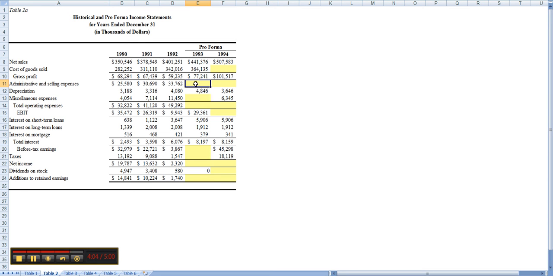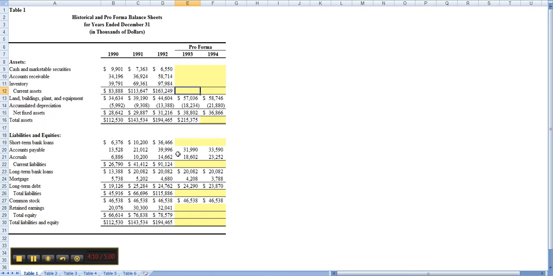So this really gets into, do you know how to use the financials, and do you know how the income statement and balance sheet are related, to carry some numbers over from the income statement to the balance sheet and so forth. And again, for question 4, make sure you read the question. The question itself gives you some vital information you need to be able to fill out the income statement mainly, and the balance sheet also.